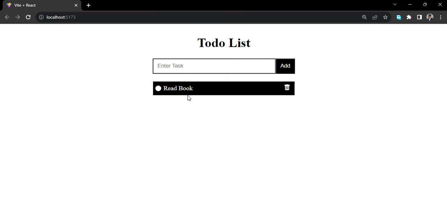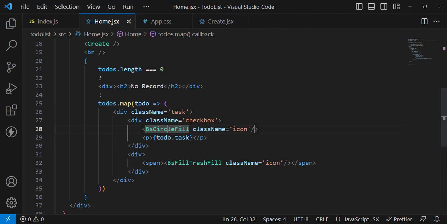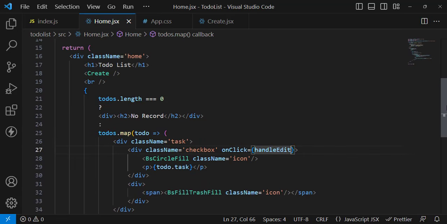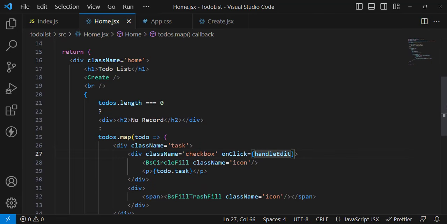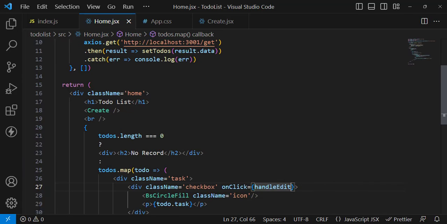So now we will add the functionality that whenever we press this area, this icon and also this text should be changed. Okay, there should be a line on this text and this circle should be filled. So for that let's add this functionality. I will just come here to this div, and whenever I click on this, onClick, handleEdit, just simple. Okay, now I will call a function. Let's create this function, handleEdit